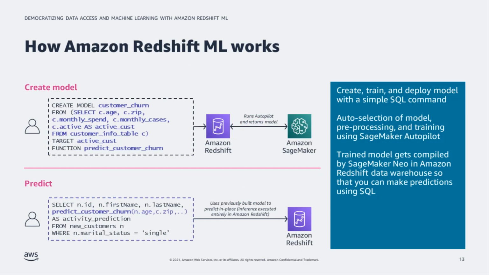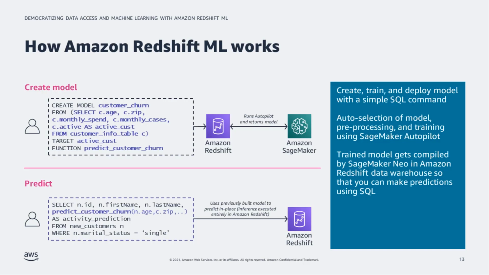Moving ahead, now let's dive deep into the workings of Redshift machine learning. There are three distinct ways users can leverage Redshift and SageMaker for machine learning, and I'll cover them in the next few slides. The first way, to create a machine learning model as a data analyst, you use a simple SQL create model statement. In that, you would specify the data in Amazon Redshift you want to use as the data input to train your model and the output you want to predict.